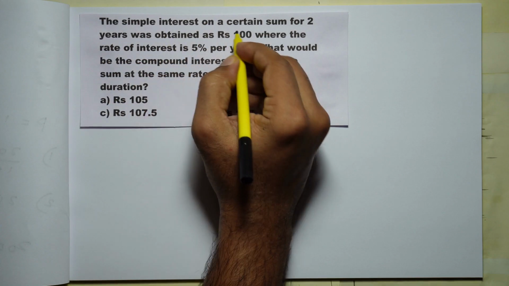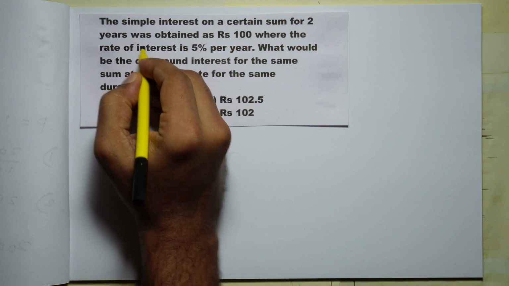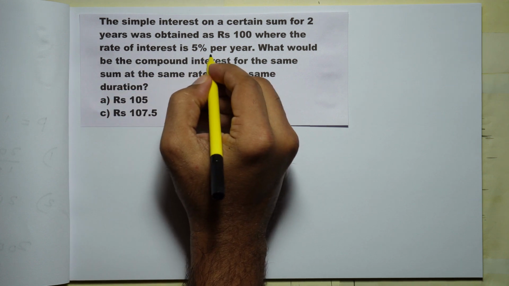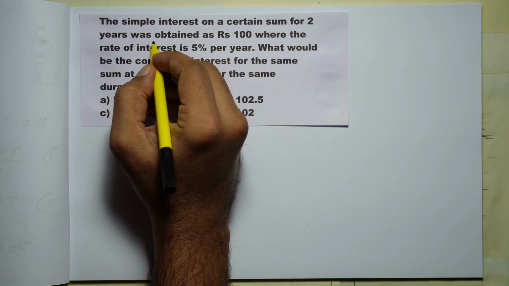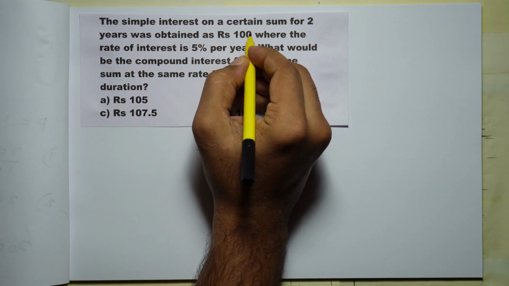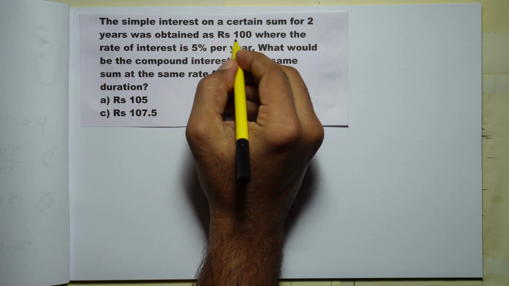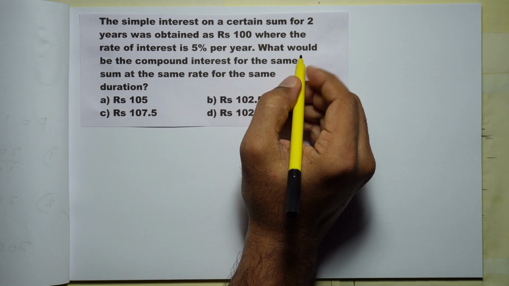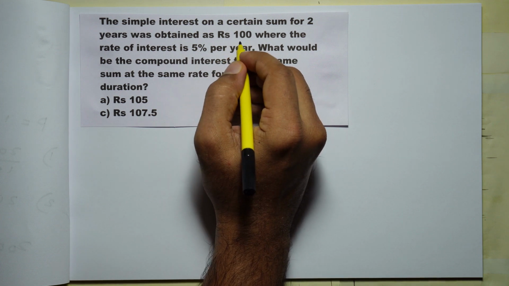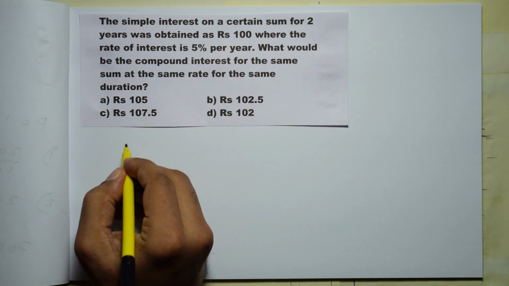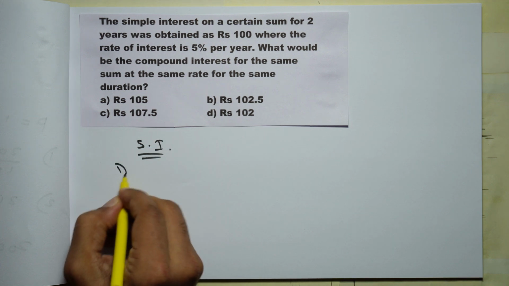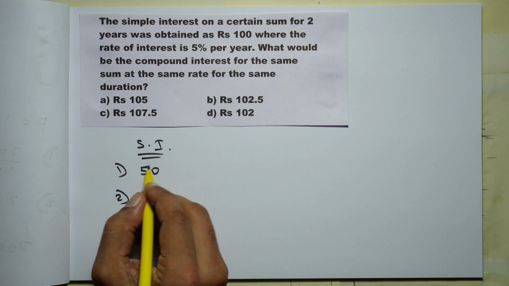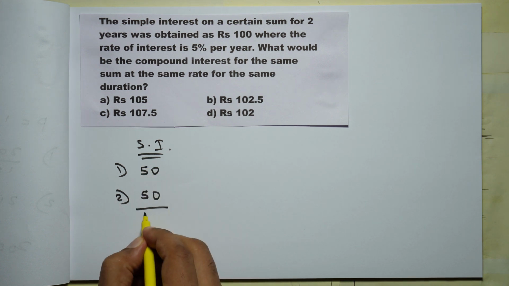The simple interest on a certain sum for 2 years was obtained as rupees 100, where the rate of interest is 5% per year. Now we'll just represent that data. Simple interest for 2 years was obtained as rupees 100. Now simple interest that you get every year, it is always constant. You will get it as R% of principal. So simple interest for 2 years was 100, means first year it has to be rupees 50, second year it has to be 50, because simple interest every year it is constant,